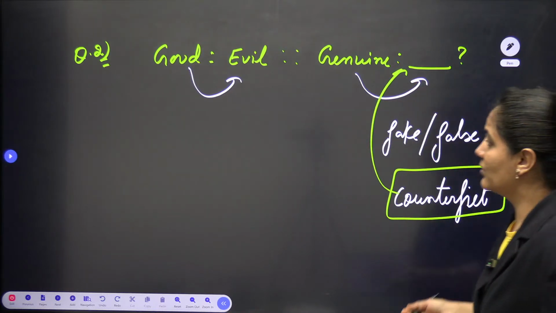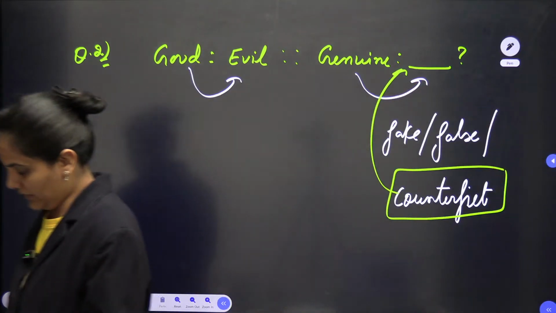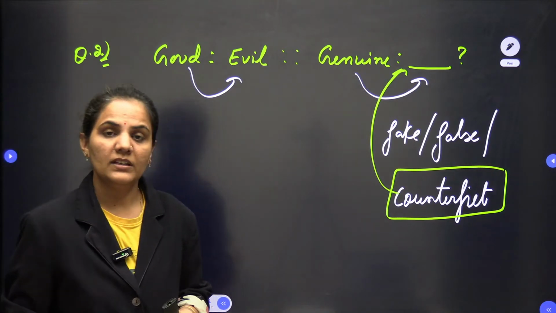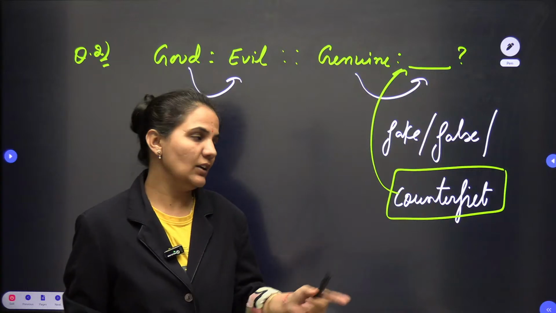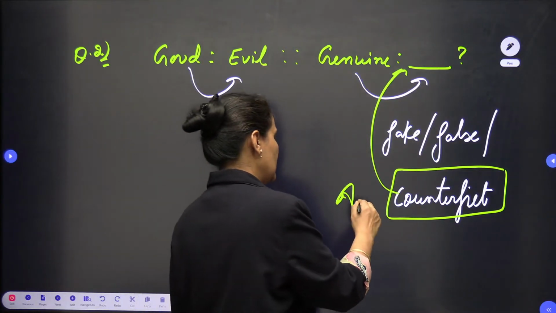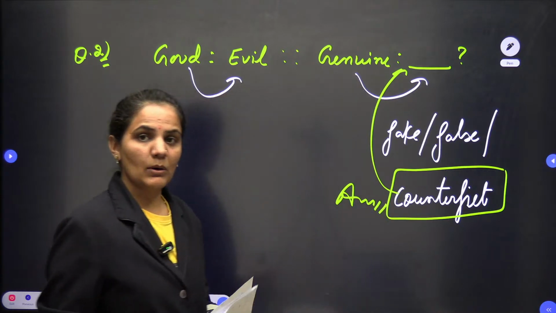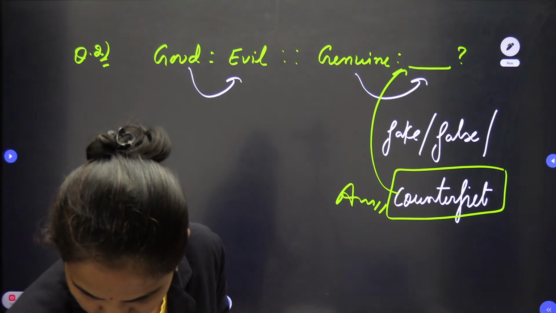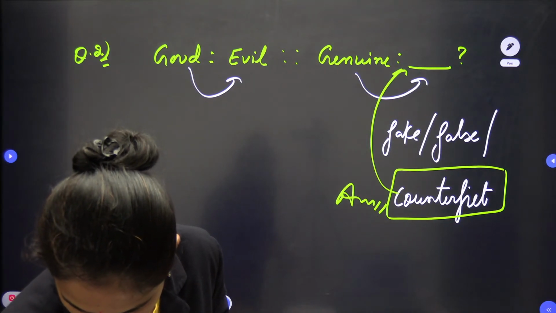Even here you can write, sorry, insincere is also there, fake, false. Genuine's opposite, antonym, we are looking for. So counterfeit should be the answer if it is available in the options. So the relation very easily we can see is about antonyms. Okay. Then,